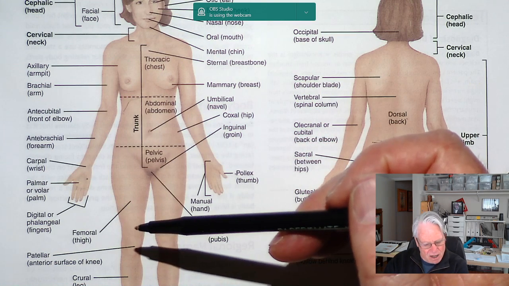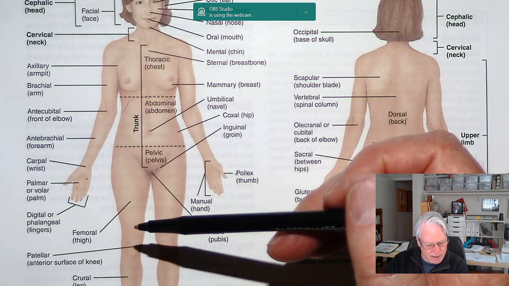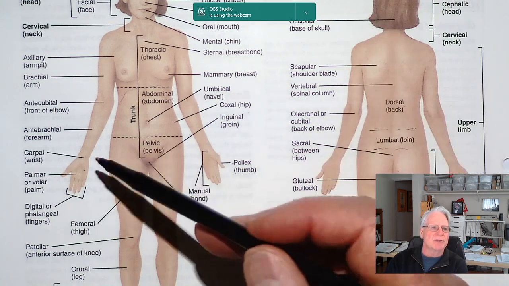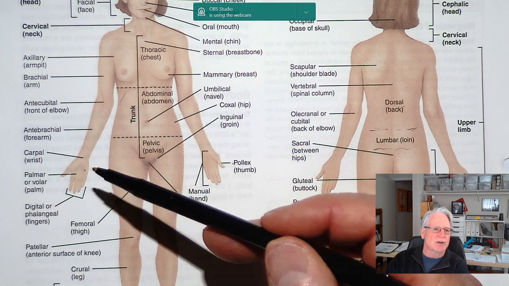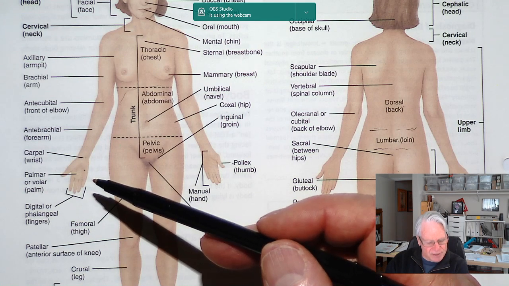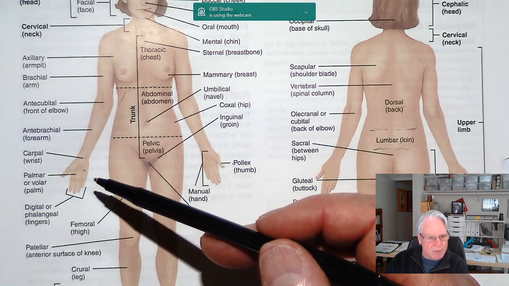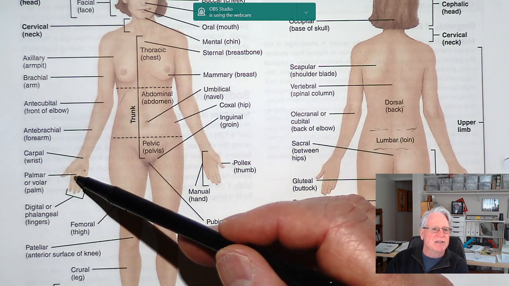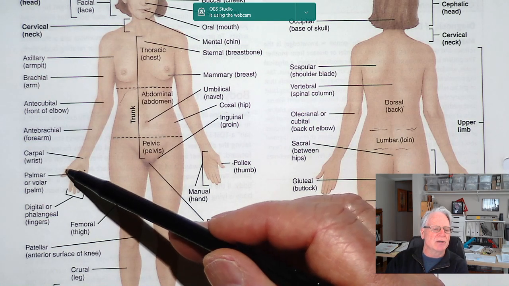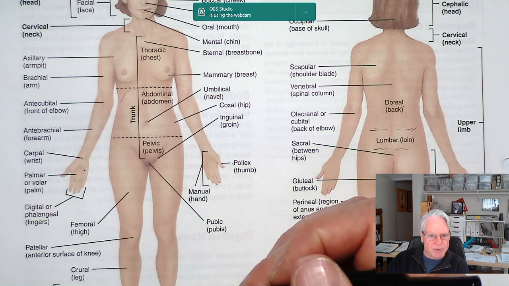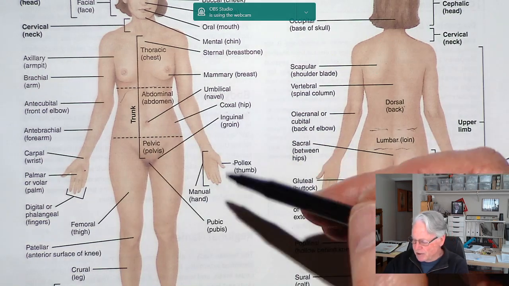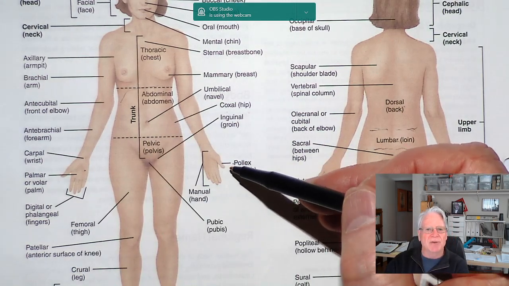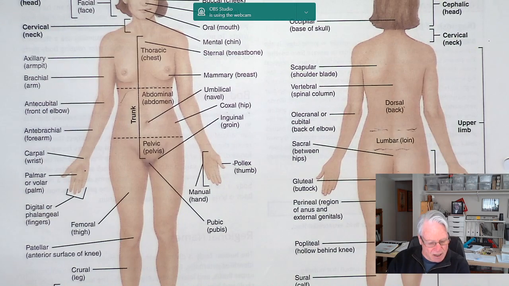Right. What else? Carpal refers to the wrist, so that's what you would call the wrist. And then the phalanges are the digits, so those are your fingers, including the thumb. Those are all going to be referred to as the phalanges. And the pollex is just a fancy word for thumb. Okay. The lower